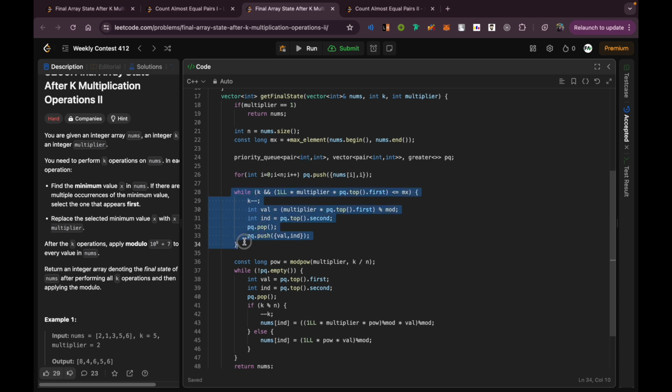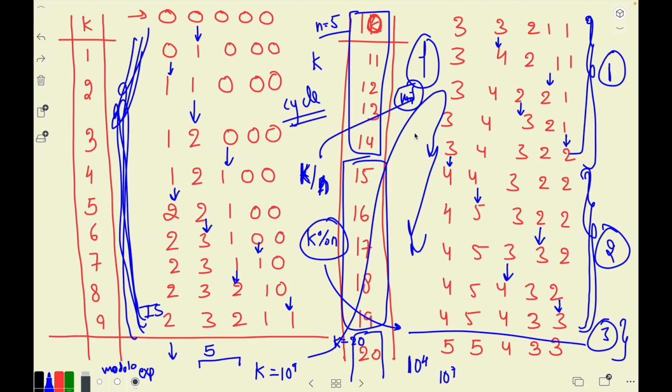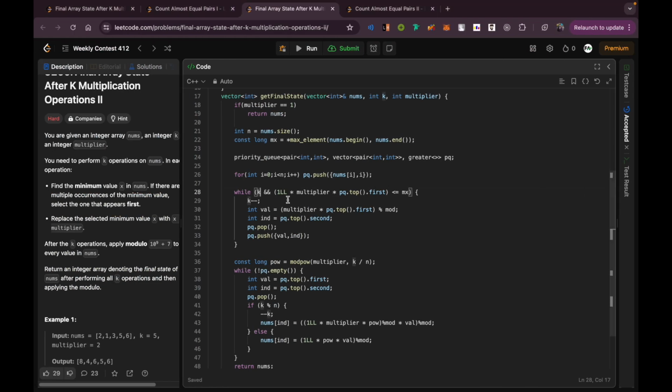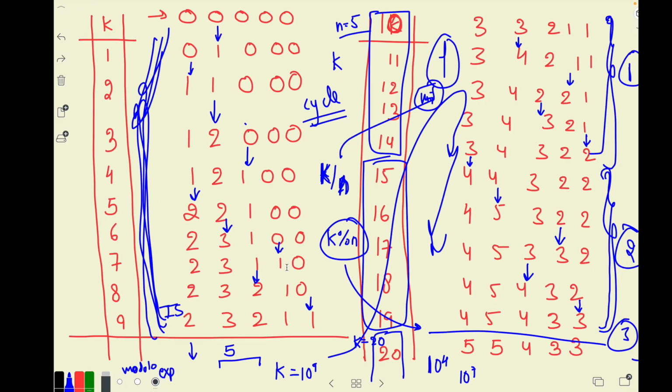And I keep on doing this until either of these two conditions is false. Either I exhaust k, that's one thing. If I exhaust k, that means I never have to go in this blocked way of getting the logic. Let's say k was 5. If k was 5, you stop here only. You never go in this block logic. That's one case. The other case, if you don't exhaust k, is that